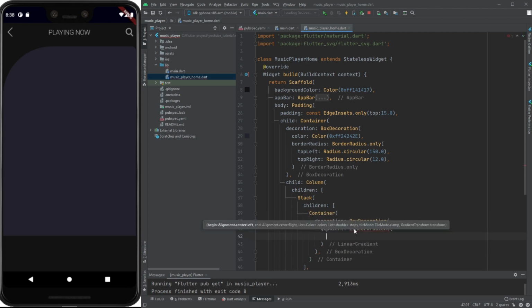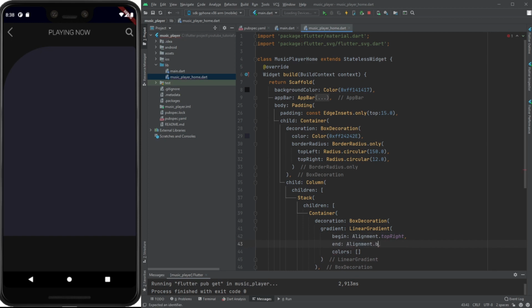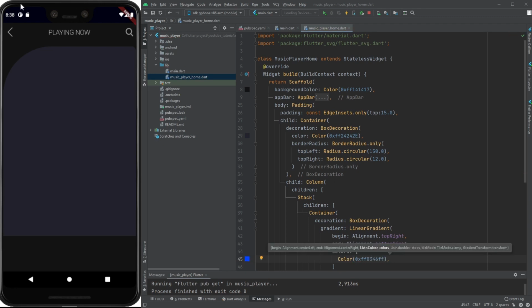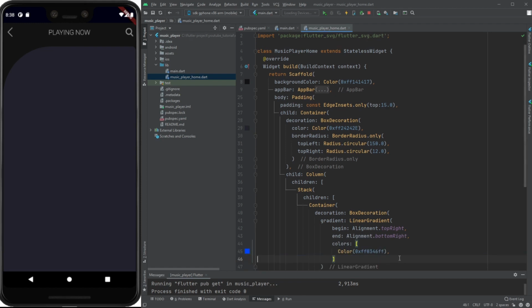I create a linear gradient and put some colors here. Begin alignment should be top left, and end should be alignment bottom right. Bottom left, I will change it, and after that we will set the color dark blue, and one more color here,